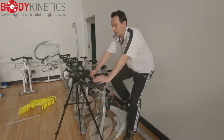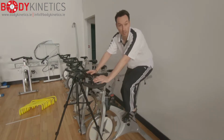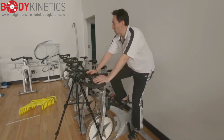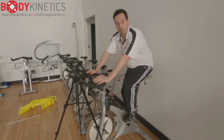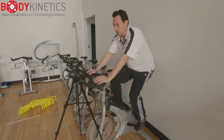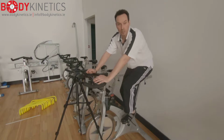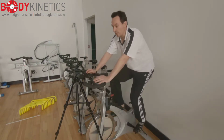Now obviously if you have any sort of heart issues, blood pressure, cholesterol, all that type of stuff, what I will be doing before you actually start off with the cardiac rehab program, it's going to start off with what we call a functional capacity test. Going to strap you up to heart rate monitors, blood pressure monitors, oxygen saturation monitors. You'll be doing an initial fitness test and assessment, having a look at your blood pressure and exercise heart rates, and also your saturation levels while you're working out,